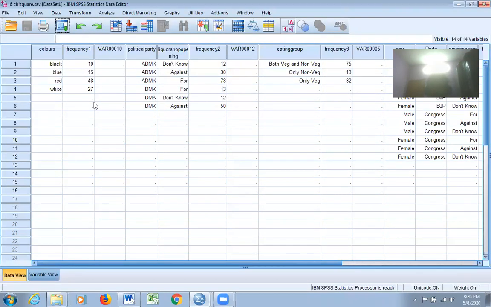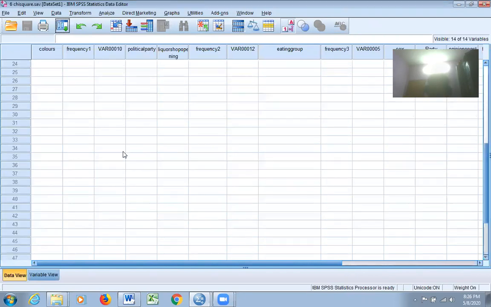Here, out of 100 participants from whom I have collected data, 10 respondents preferred black color, 15 blue color, 48 red color, and 27 white color. So I have not entered data for all the 100 participants like 1, 2, 3, 4, up to 100. I have not done that.